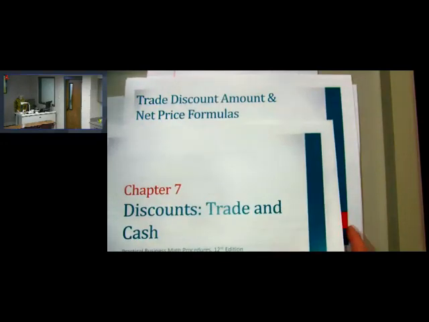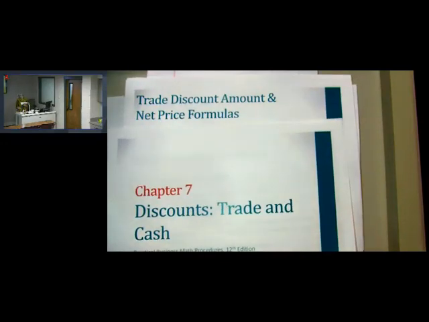When we talk about trade discounts in general, I think you need to understand the purpose for them. If you're an entrepreneur, why would you offer a trade discount to your customers? The main purpose for a trade discount is to encourage continued business with those customers of yours. It builds loyalty, it builds a customer base, and you're basically rewarding those returning customers.